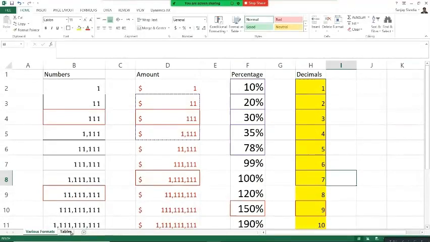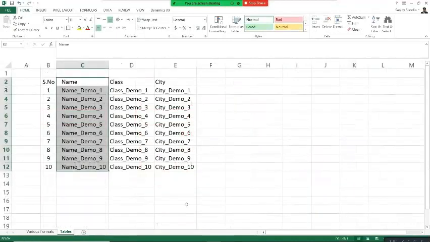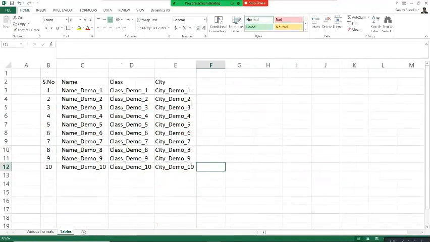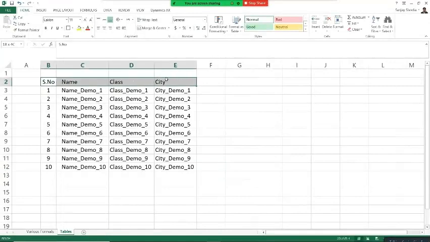Now, the last thing that we are going to discuss in today's session is this tabular data. And if you want to change the way it has been presented, you have two options.